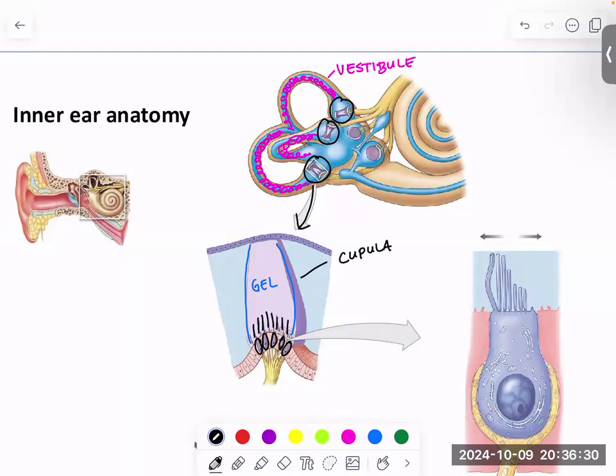The vestibule is designed to detect head acceleration. So, changes in head movements. When does that happen? When you shake your head no. Your body's designed to detect that. When you're in a car and you stop and go, stop and go, stop and go, you're constantly accelerating, moving